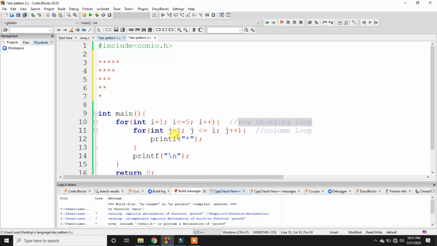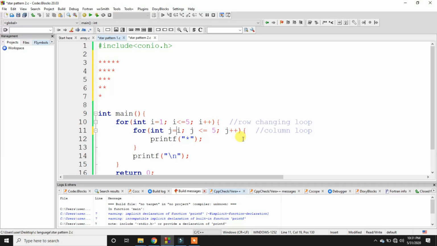So if we need 5 stars in the first row, we need to create this like this, and it should be this. Let's take it like i. If j is equal to i and it always goes to j less than or equal to 5, and then j plus plus.